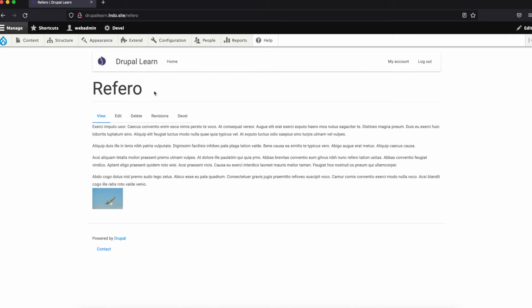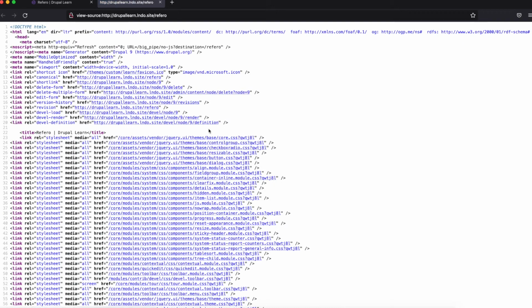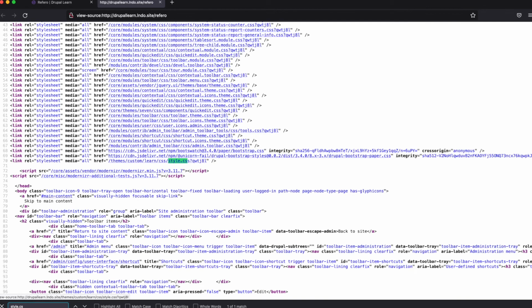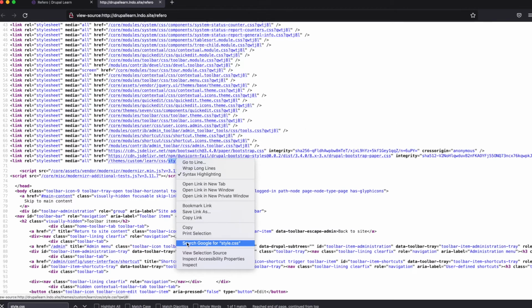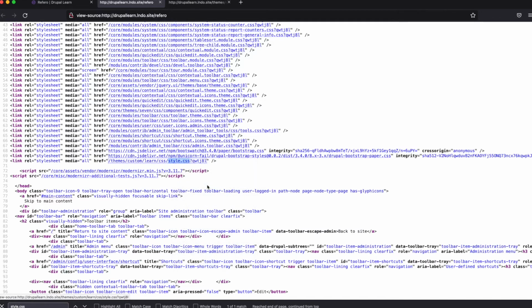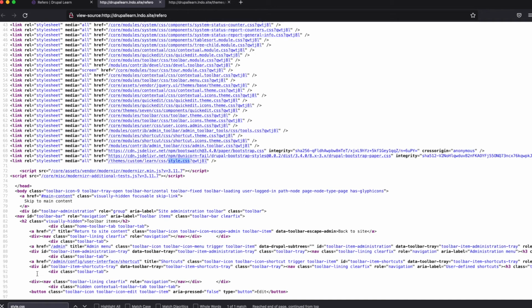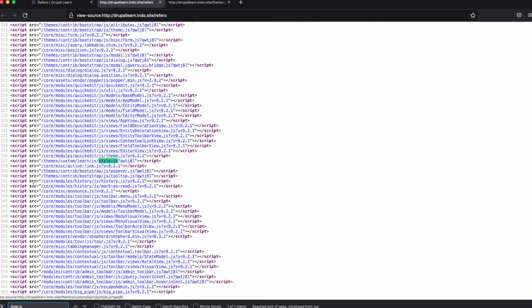Now let's go ahead and inspect the page source. We can reload this and we can start looking for our style.css file. As you can see, our style.css file is loaded. We can open this, but it will be empty. Now we copy the YAML file, so it's the code same as there, and we need to make sure our JS file is loaded as well. Yeah, it is loaded,